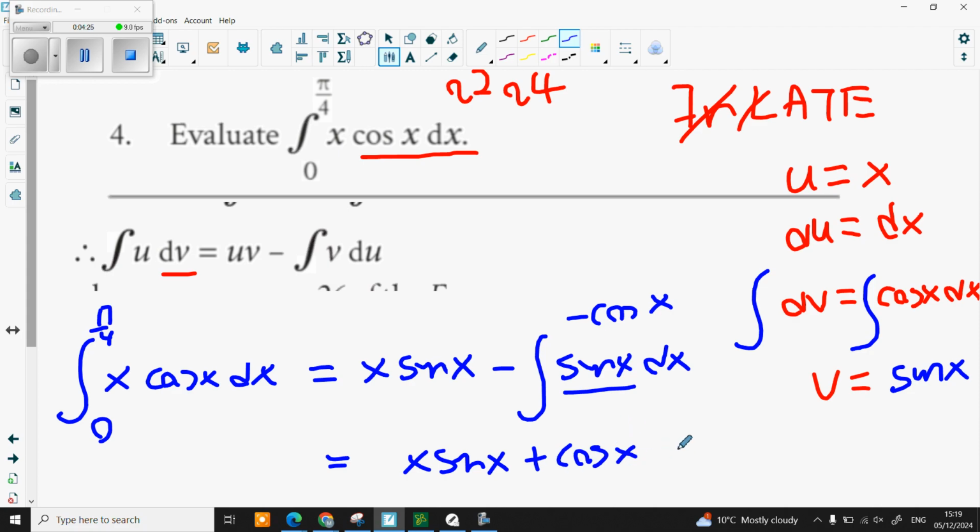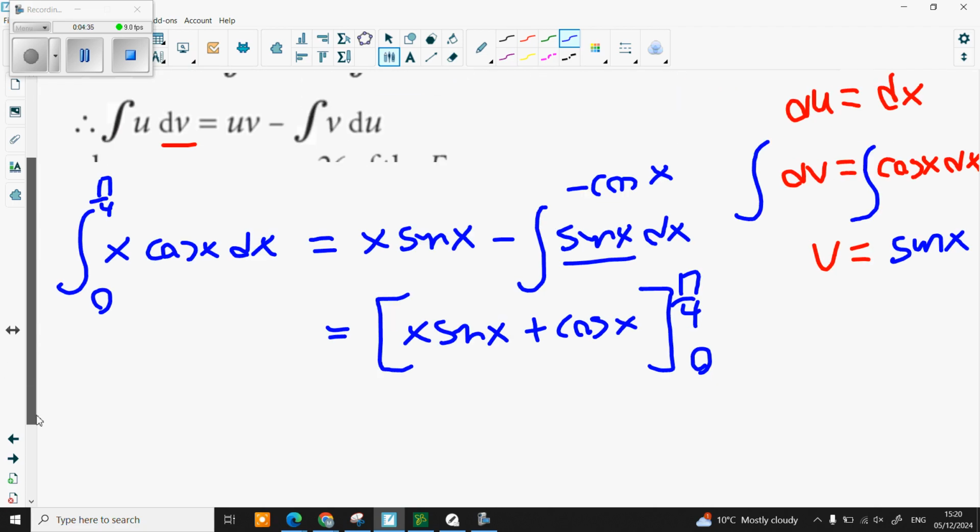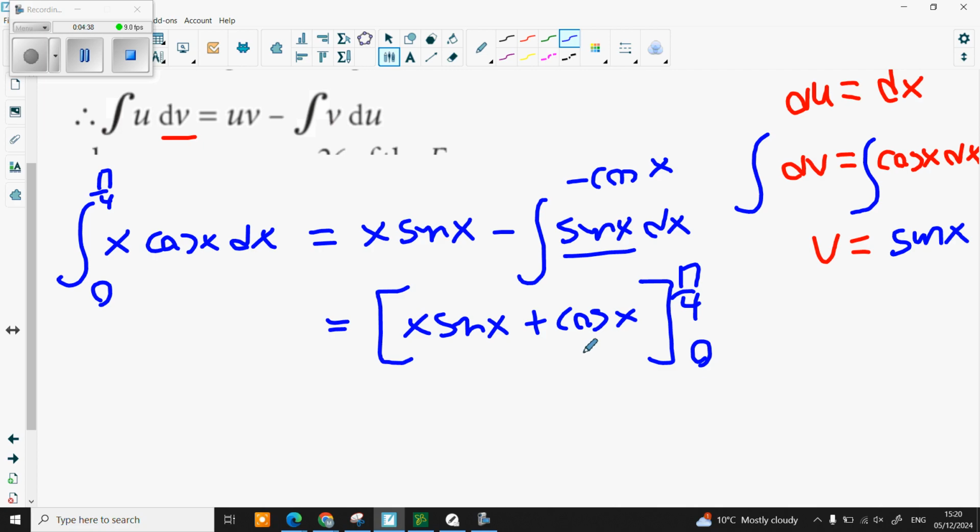Now, technically, there's a plus c there, but I'm not going to worry about that. I'm just going to wrap it in its brackets now. I'm going to put the pi over 4 and the 0 right here. Now, be careful with this because cos is live when x is 0. So it's going to be pi over 4 sine pi over 4. That's sine 45 degrees, isn't it? Which is 1 over